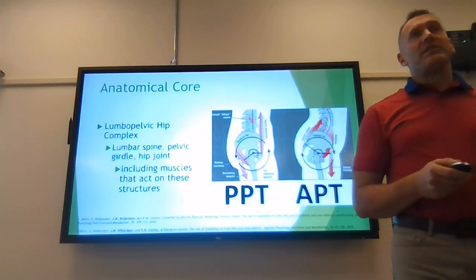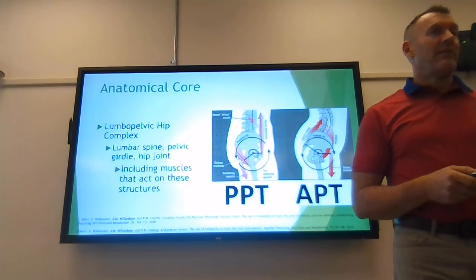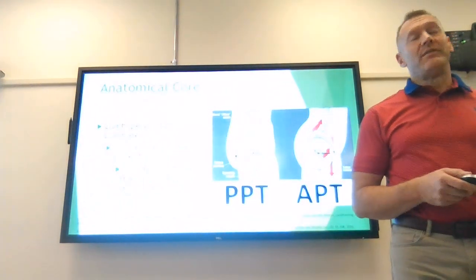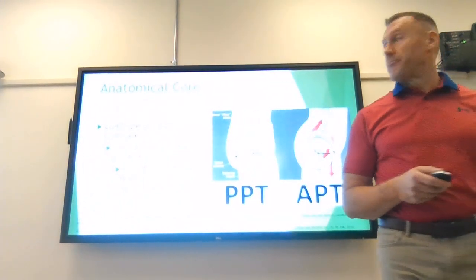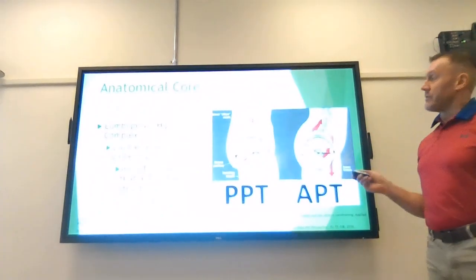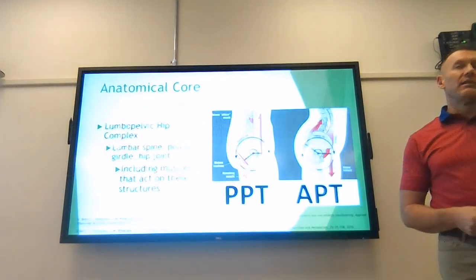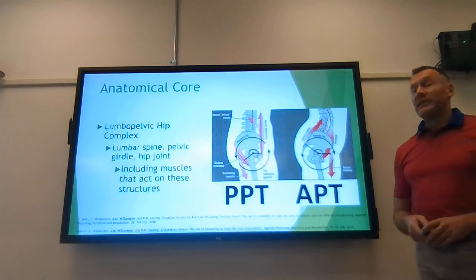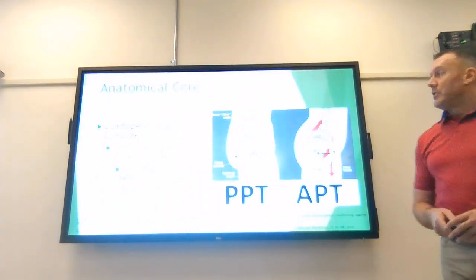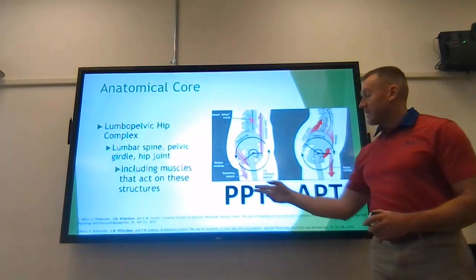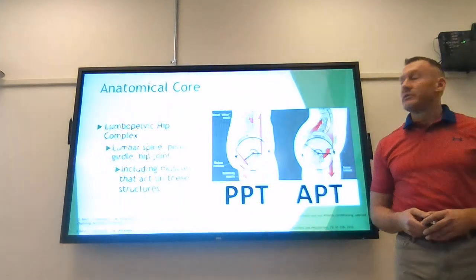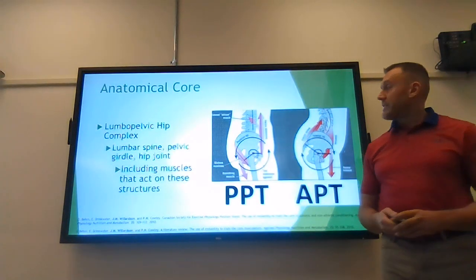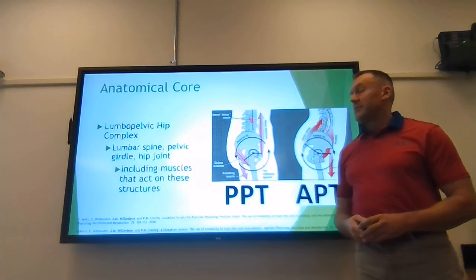And all the other soft tissues, so cartilage, ligaments, tendons, and so on that affect motion or stabilization of these segments. So we can see just a few of the muscles here. This would be from a sagittal view, things that we've looked at before in this class in terms of muscles that create a force couple to tilt the pelvis back. So PPT stands for posterior pelvic tilt. The rectus abdominis pulling up on the front of the pelvis, and then the hamstrings and gluteus maximus pulling down